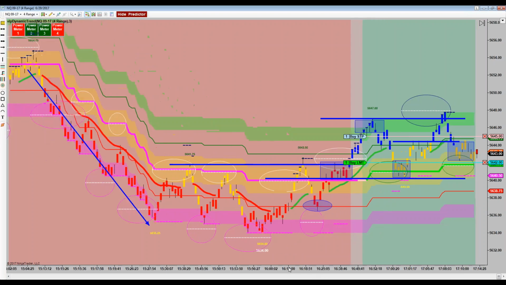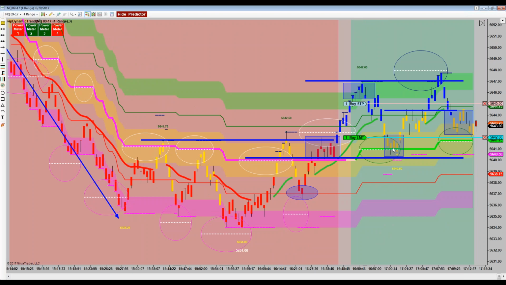This is kind of what I want to call a, I don't want to say a no-fly zone, but an area where a market can many times be what we call in transition. In transition simply means that, since this held and this held, you do have a series of two higher lows and higher highs with here. So when we say transition, we mean that it could very well be a trend transition to the upside.